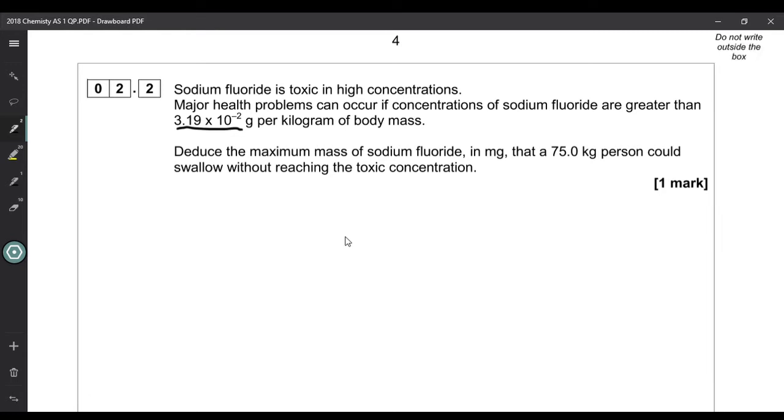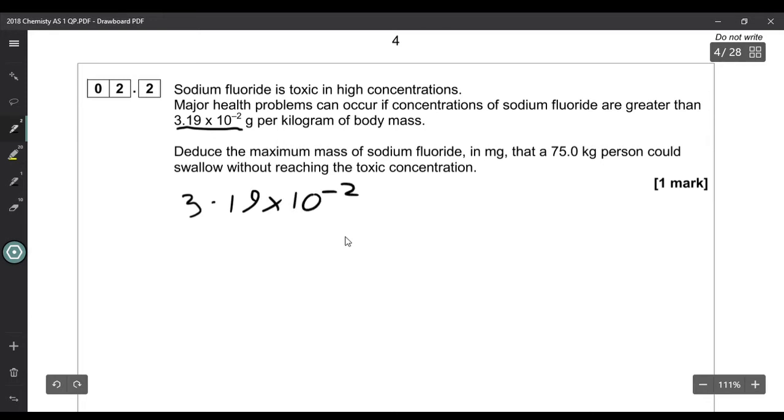So deduce the maximum mass of sodium fluoride in mg that a 75 kilogram person could swallow without reaching toxic concentration. So if it's this mass per every kilogram, all we need to do is do 3.19 times 10 to the minus 2 times the 75 kilograms of the mass of the person,